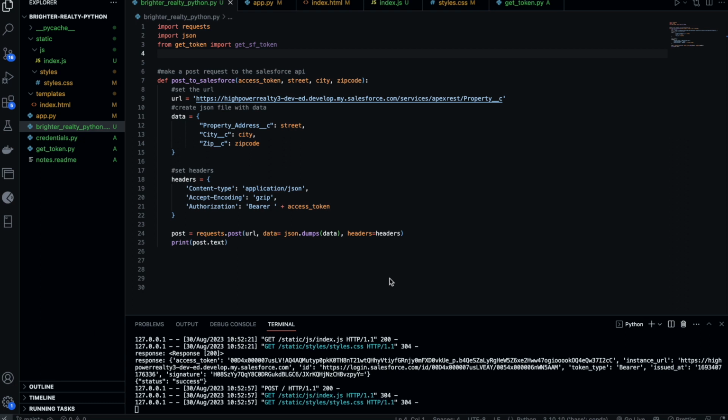One thing I did today is I added some parameters to the post to Salesforce method, basically the post request to Salesforce. I'm using a different function separately to get the access token. Then I'm calling that method to get the token, and then I'm passing it as a parameter along with street, city, and zip code. Last time, if you remember, I hard-coded street, city, and zip code just to demonstrate the entire process. But here, I'm doing it dynamically, and we are going to grab the information from